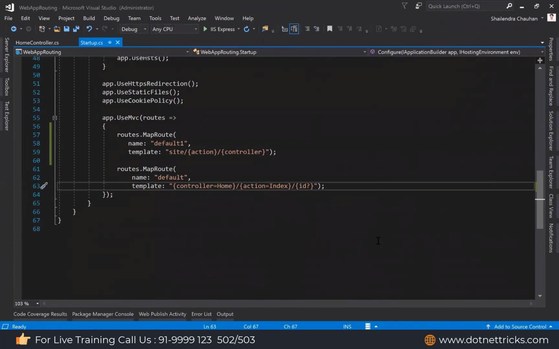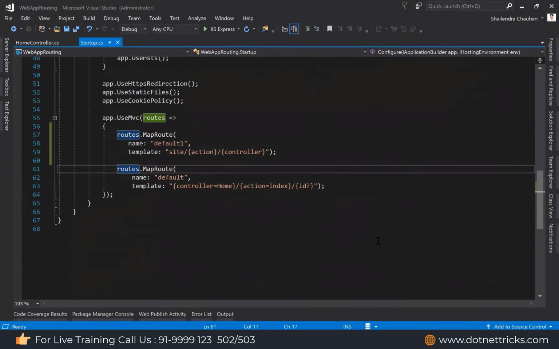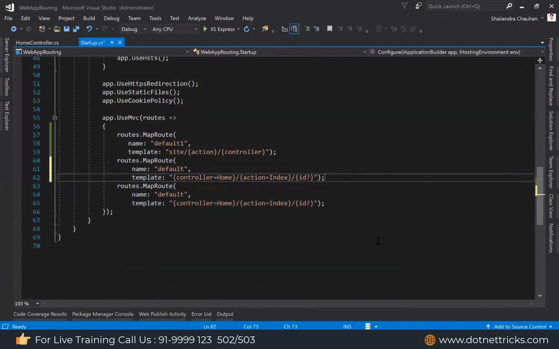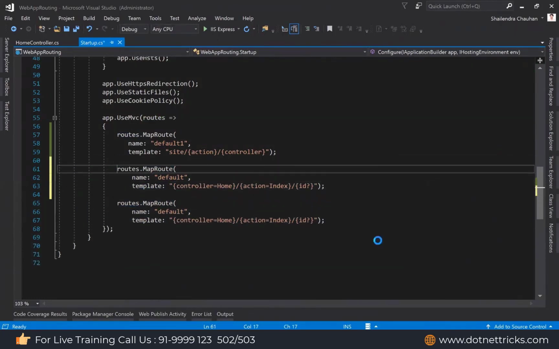And guys, sometimes there might be a requirement where you have to pass more than one parameter. Let's say we need to pass category ID as well, and product ID as well. So here we can mention more than one parameter. If there is such a requirement, I can define one more route for, let's say, product.